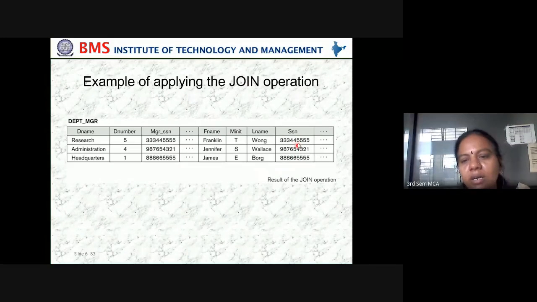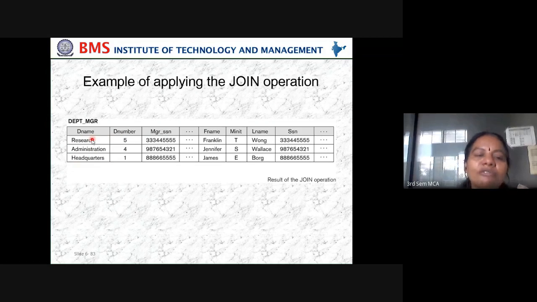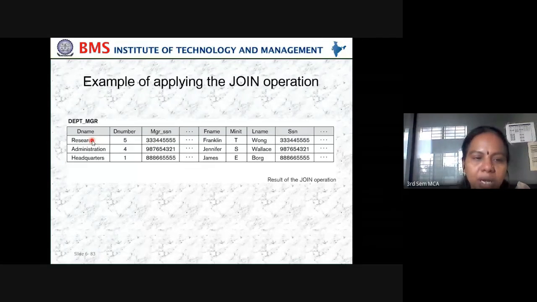So you can see here SSN is the same as manager social security number. What this resultant table shows is research, 5; administrator, 4; headquarter, 1. These are the department names and department numbers. For research, the person with this SSN is the manager of the research department.